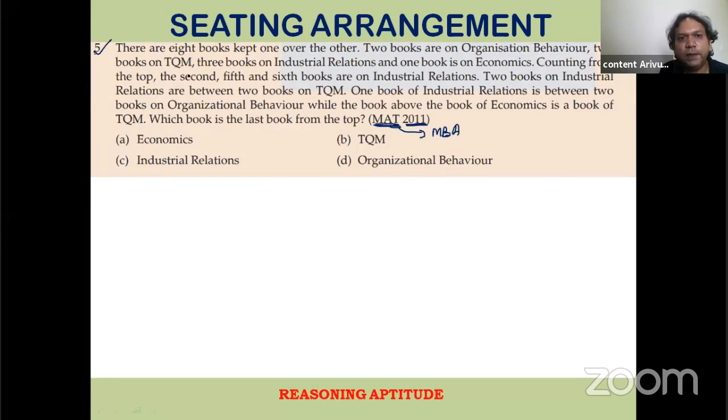So it's a little lengthy because usually in maths the questions are slightly more complex than what you will find in CA Foundation. So let's see, the 8 books kept one over the other. So this is one on top of the other, right? Not in a straight line, but one on top of the other. So how will you solve this question and what is the answer for this question? Try it out. Question number 5, read the directions carefully. Use a pen and paper to work out the question.